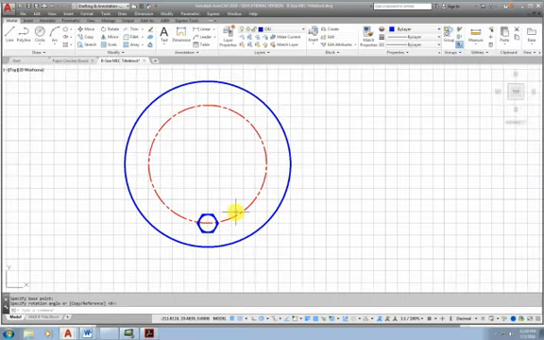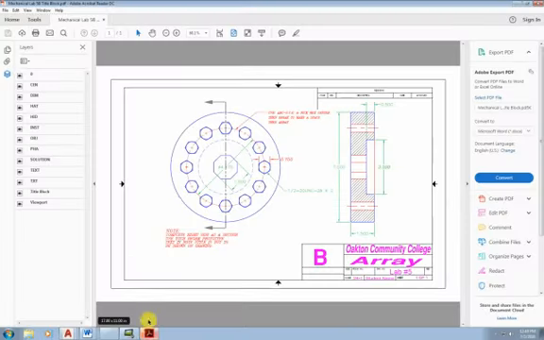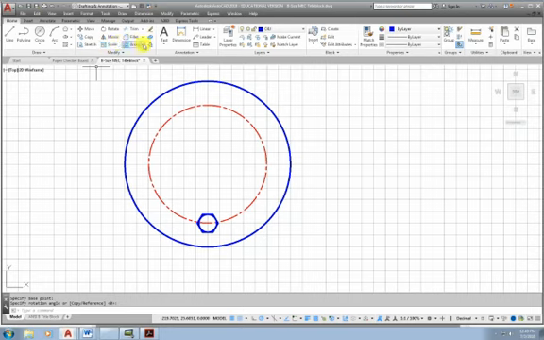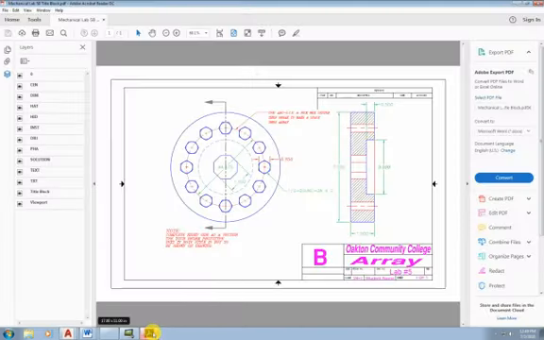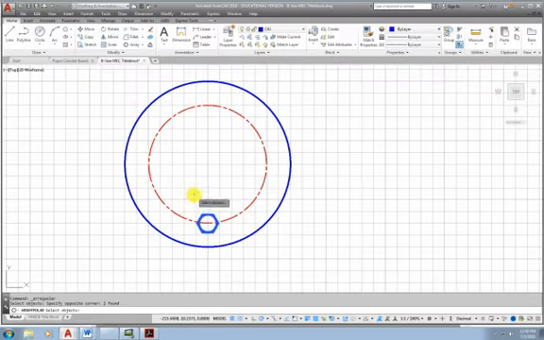I'm going to use a polar array, and from the drawing I'm going to make 1, 2, 3, 4, 5, 6, 7, 8, 9, 10, 11, 12 bolts. So I'll come over here to the array, polar array. I'll use a blue window because it only selects what's inside of it. And before I do, let's take a look at the cross pattern here. Notice that this is also rotated. So before I make that, I'm going to hit escape, and I'm going to